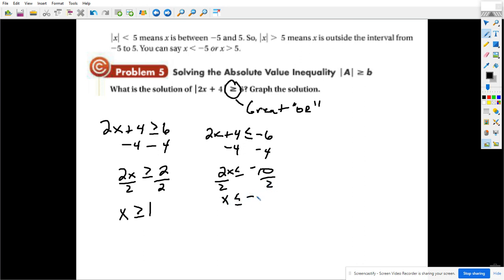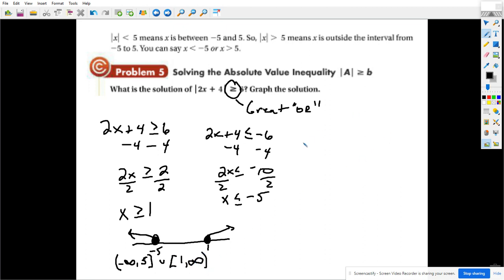x is less than or equal to negative 5. So again, writing this out, make sure your number line is always in order. X is less than or equal to negative 5. X is greater than or equal to 1. Interval notation would be negative infinity to 5. The 5 has a bracket around it because it is included. Then we would start right back up here at 1 with a bracket around it, and it would end at